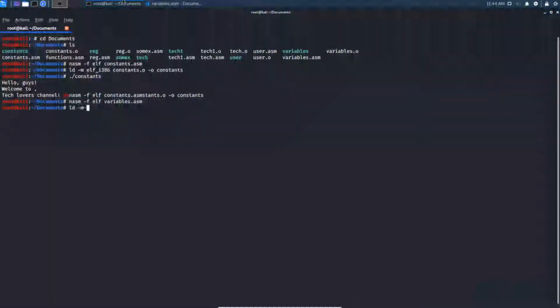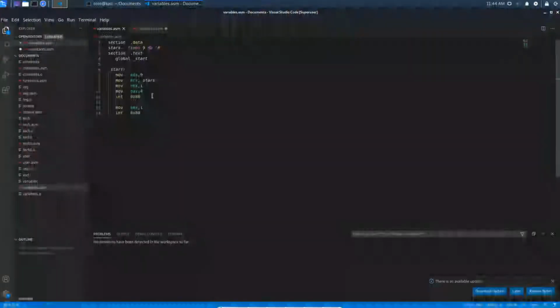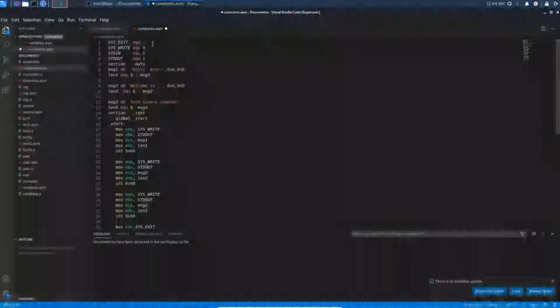Let us generate the binary for this program. See here, the 9 hashtag symbols get printed. I think you got an idea of how to do multiple initialization of variables at the same time, and how to use the equ statement in constants.